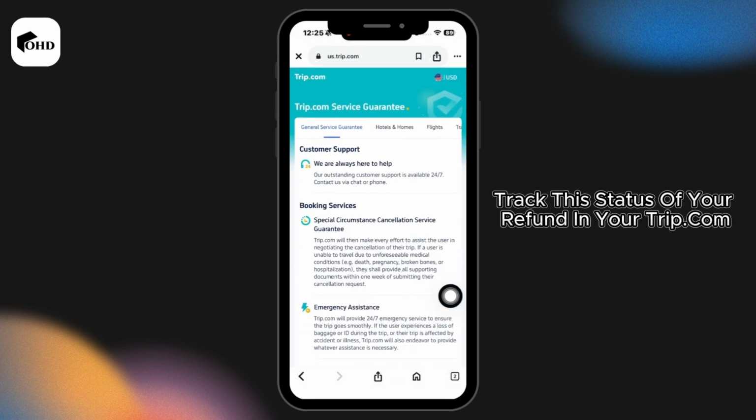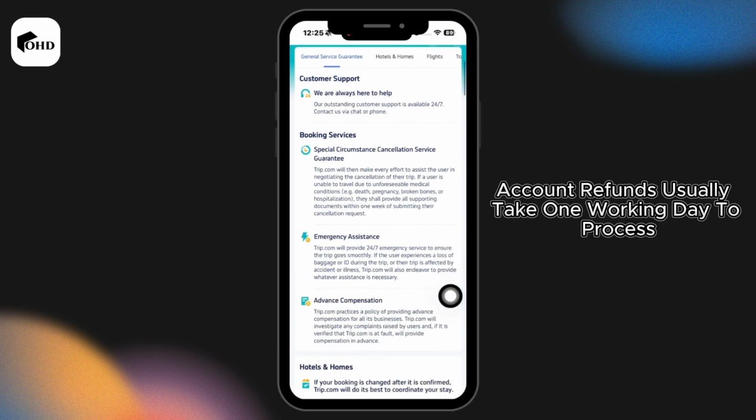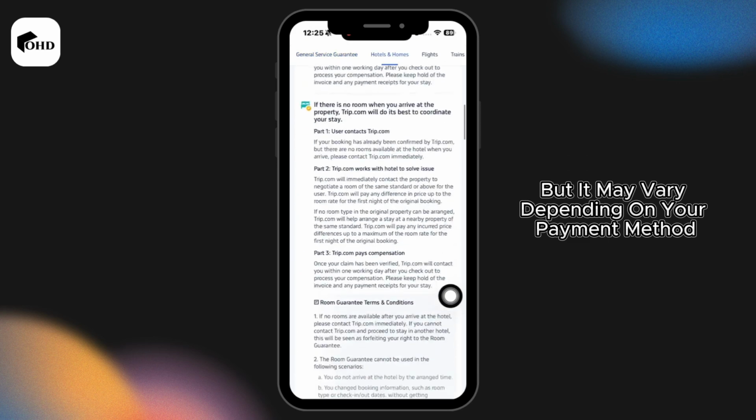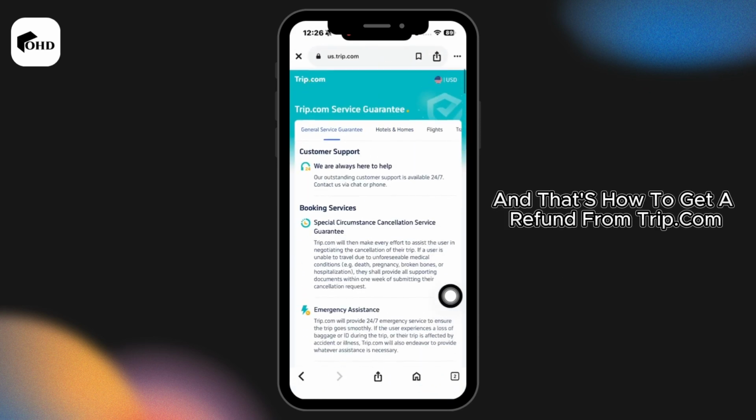Track the status of your refund in your Trip.com account. Refunds usually take 1 working day to process, but it may vary depending on your payment method. And that's how to get a refund from